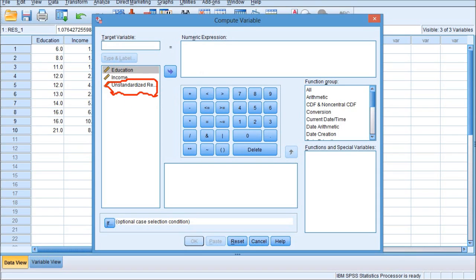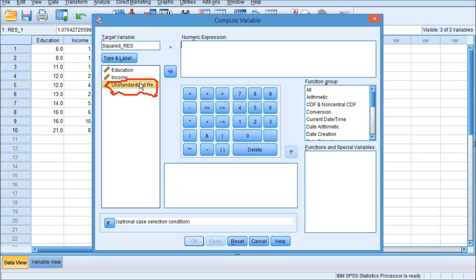Name the variable. I'm gonna just put it like this: squared residual. You can name it differently. Anyway, the computation should be the same as I do.